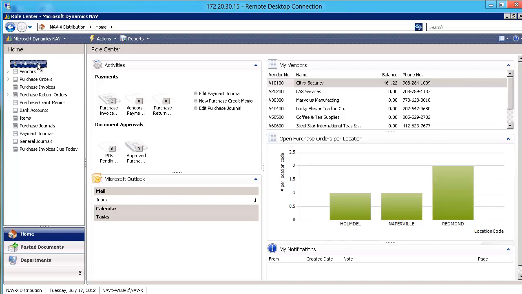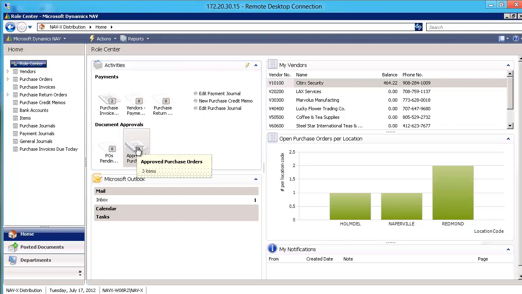We'll begin with a short video on the high-level application overview of Accounts Payable. We have a role center here for an AP coordinator, and you will recall from your other video introductions that we have a lot of power over how the role center appears and what role centers we even have available in the system. Well, as an AP coordinator, I'm interested certainly in purchase invoices due today, vendor payments on hold